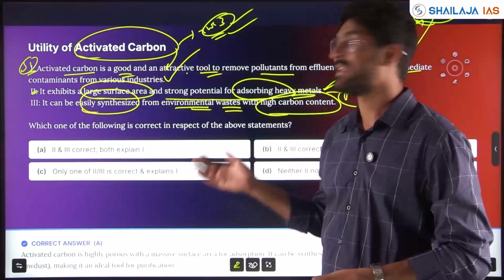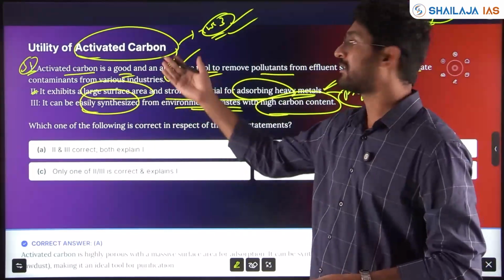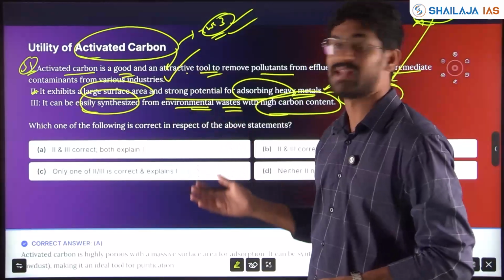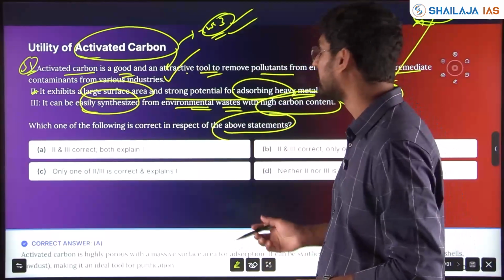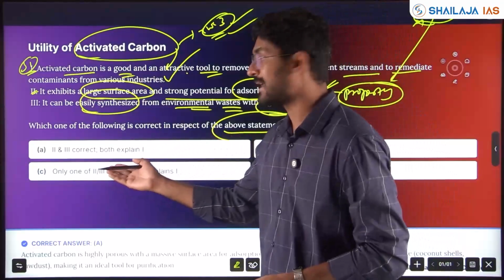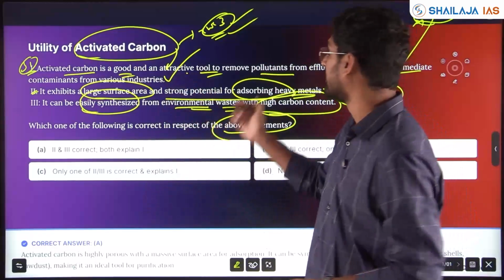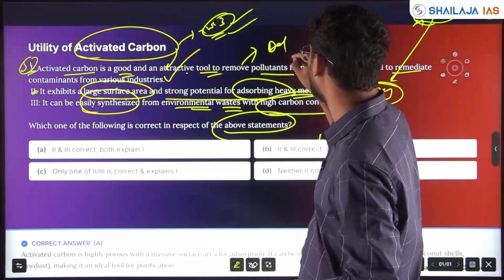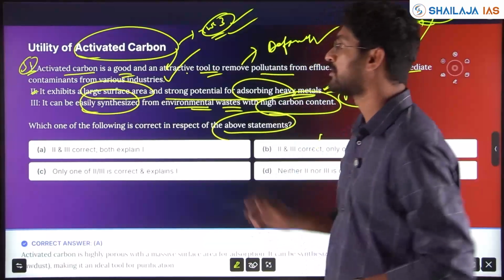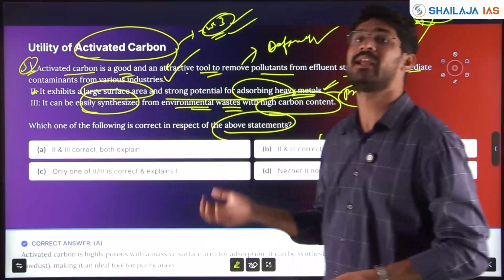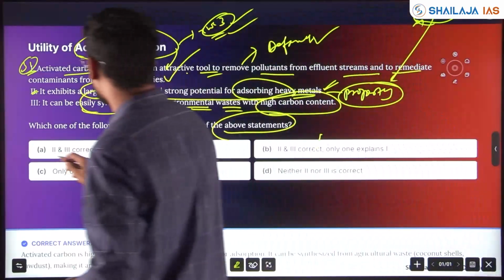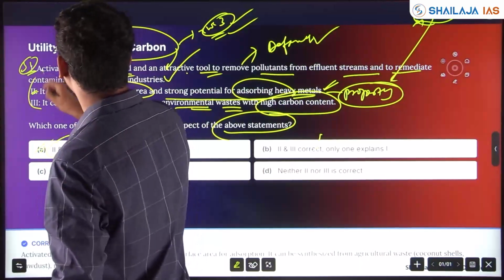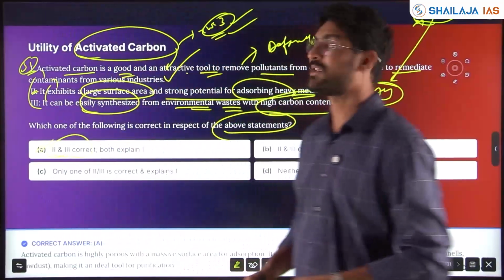Possibilities, theories, concepts explaining activated carbon and how it works, its functionalities. Which of the following in respect of the above statement is correct? Here it is asking whether this explains statement 1 or not. Statement 1 is the default. So it's asking whether statements 2 and 3 are correct and whether both of them explain statement 1. Yes, both 2 and 3 are correct and both explain statement 1, that it is a good and attractive